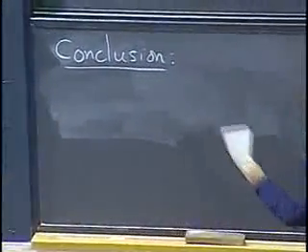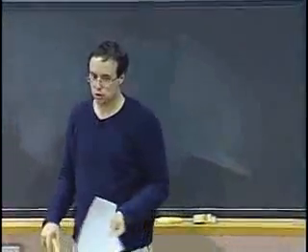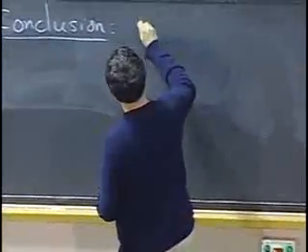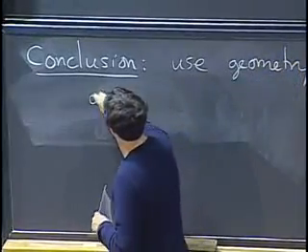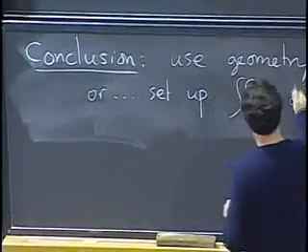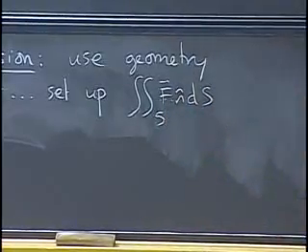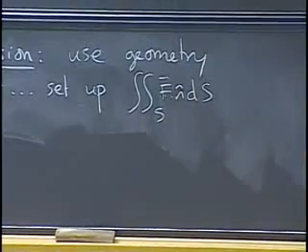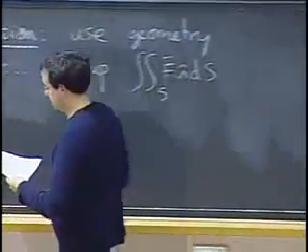Okay. So the conclusion of looking at these two examples is that sometimes we can use geometry. In the first example, we didn't actually have to compute an integral, but most of the time we need to learn how to set up double integrals. So use geometry, or you need to set up the double integral over the surface. And so we're going to learn how to do that in general. So as I said, we need to have two parameters on the surface and express everything in terms of these. So let's look at various examples.